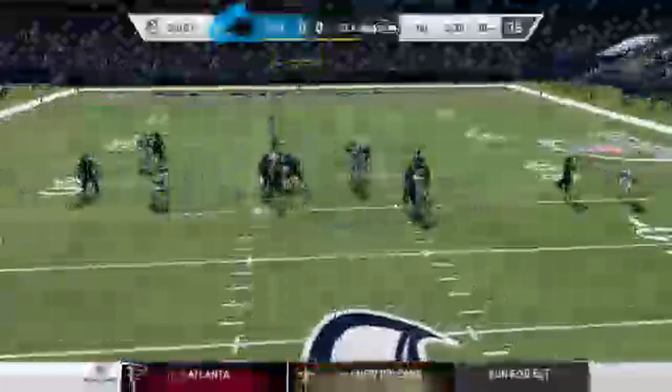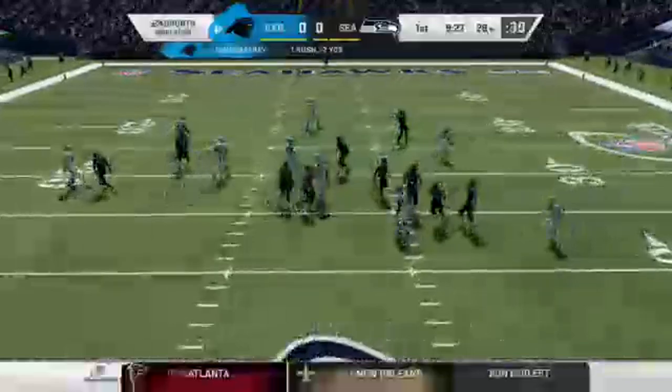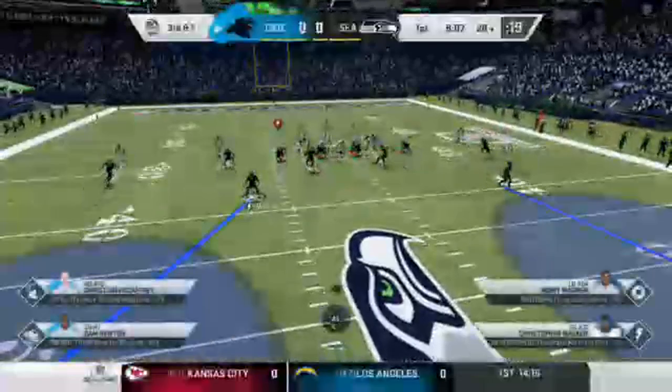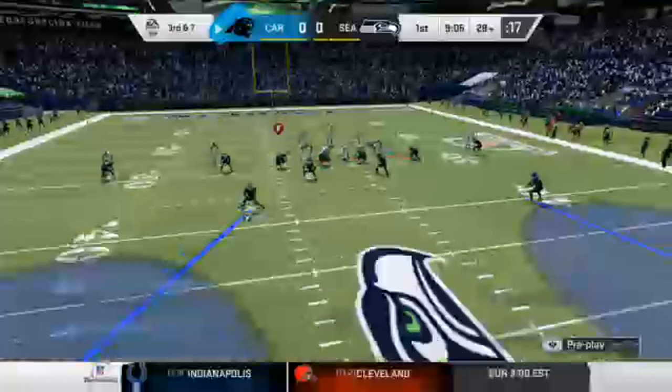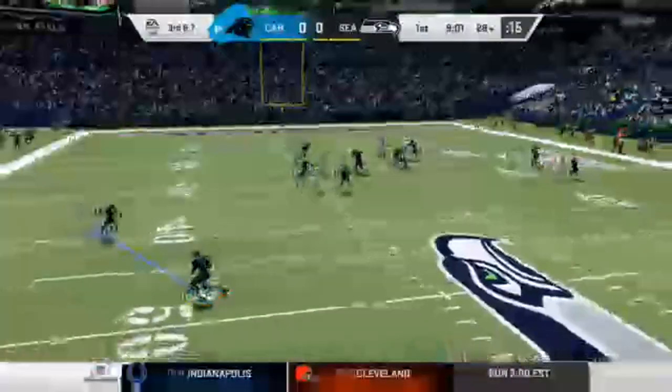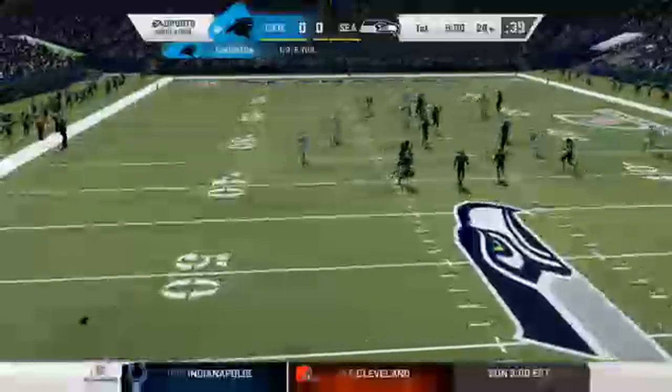First carry of the game for Christian McCaffrey. And the result here the same as the last play. Another tackle behind the line of scrimmage by the Seahawk defense. A tough spot here on their opening drive. This is 3rd and 7. From the gun, here's Newton. And a throw there going to be incomplete. So the defense able to get...